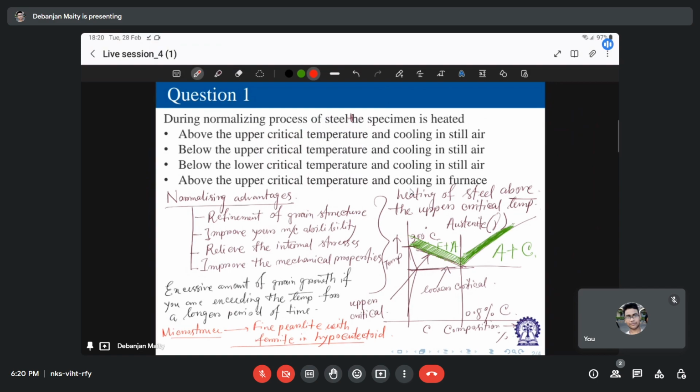In the same way as austenizing, the normalizing of hypereutectoid steel is done by heating the steel to 30 to 40 degrees C above the upper critical temperature and holding at this temperature for a short period of time until the complete phase transformation has taken place, and subsequently cooling in air. So both for hypo and hyper, the process is the same, and this operation is done not only